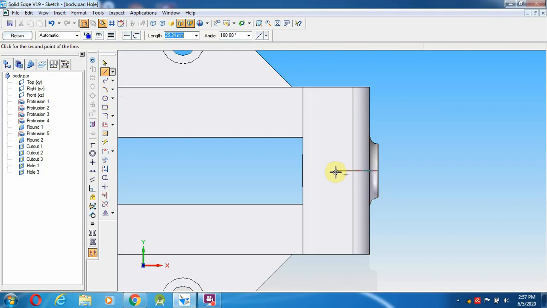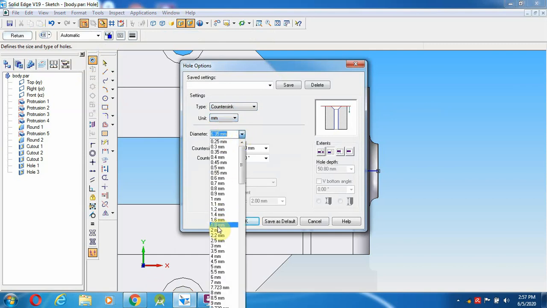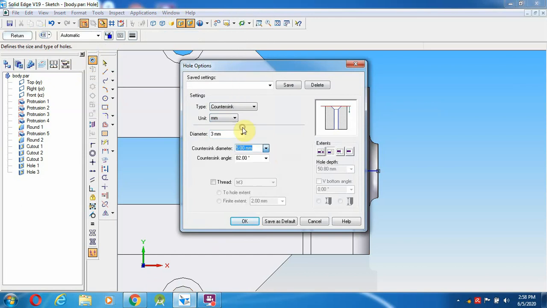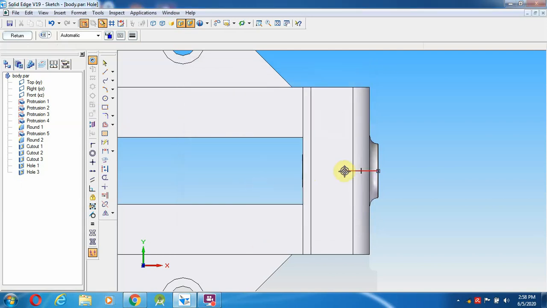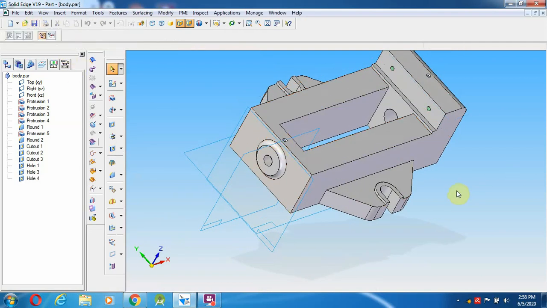So from here to 20 mm distance, select a circle, countersink, 3 mm, then going to give 5 mm distance and through next, give OK. So I'm going to provide it over here later. So left and right click. So from that I'm going to give save.